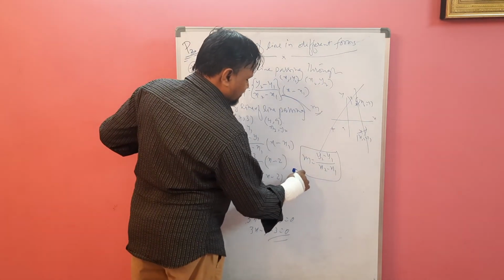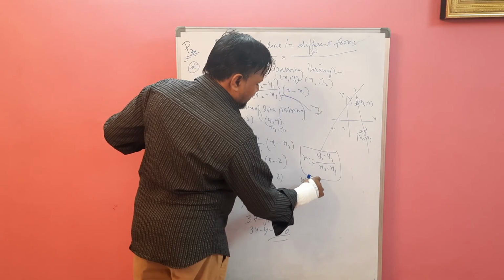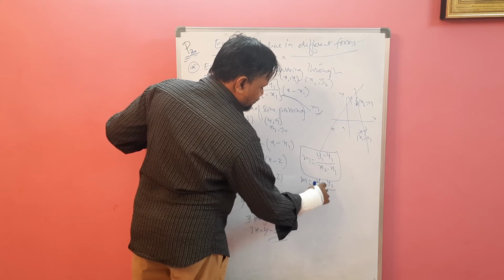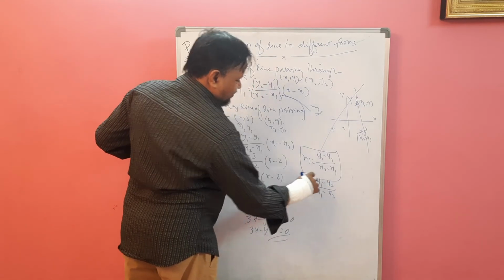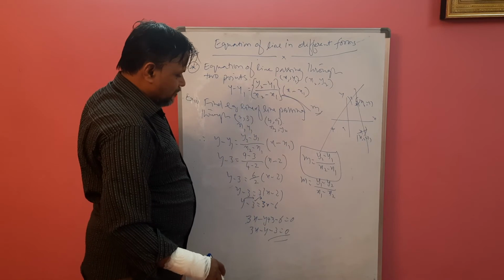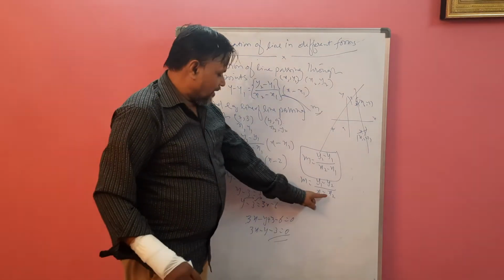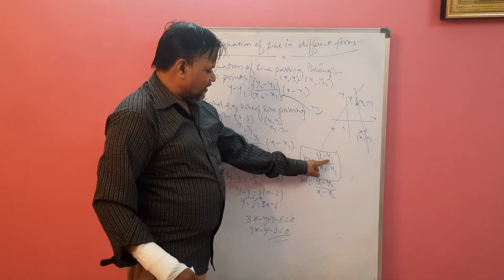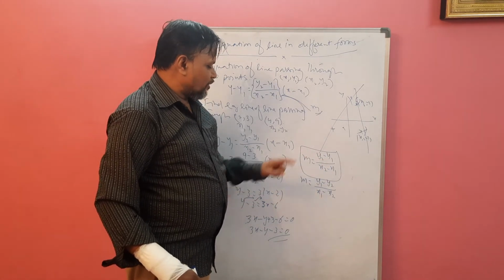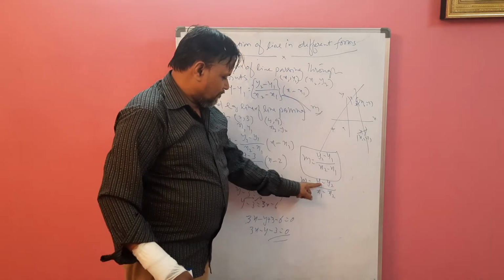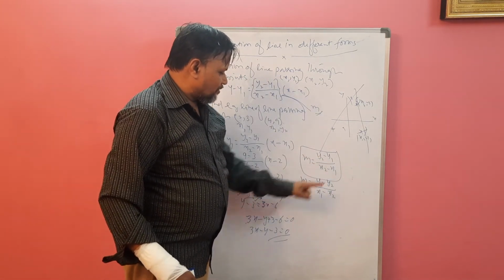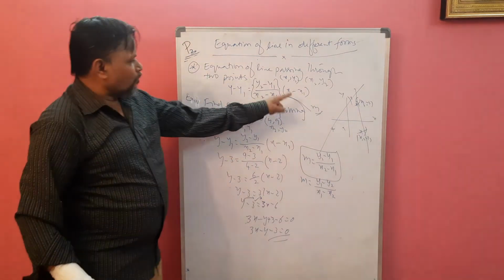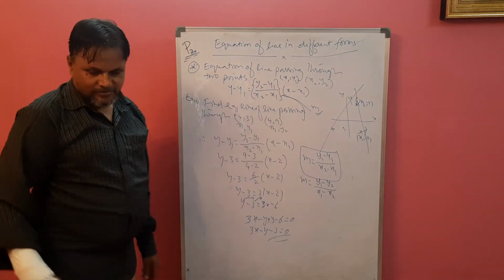Or we can write this; the result is always the same. If you interchange both numerator and denominator, you will get this also: (y1 minus y2) divided by (x1 minus x2). This is also slope. These values are the same. If you interchange the first one, you have to change the denominator also: 2 1, 2 1, or 1 2, 1 2, like that you have to follow the rule. So this is nothing but slope.